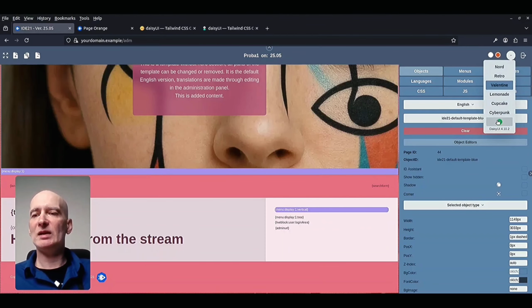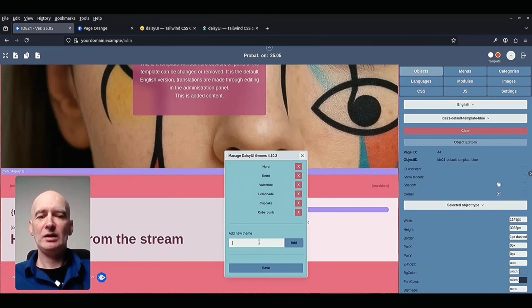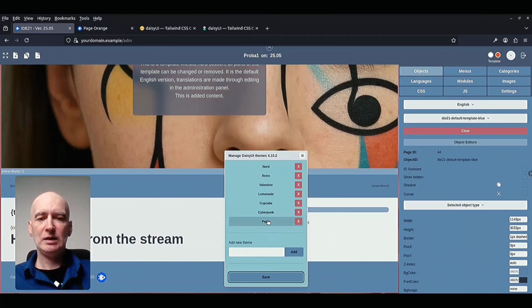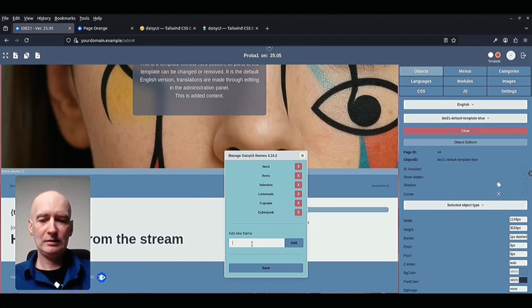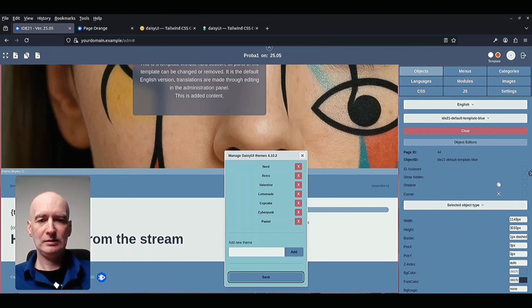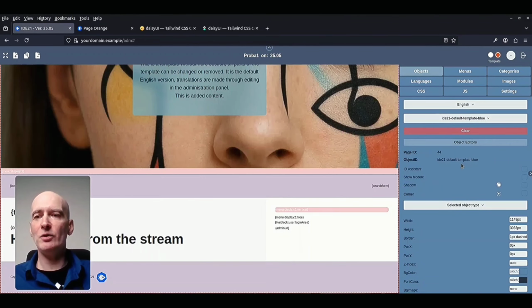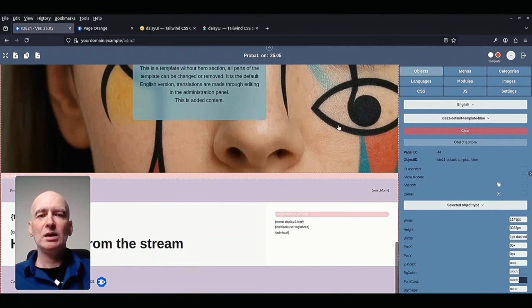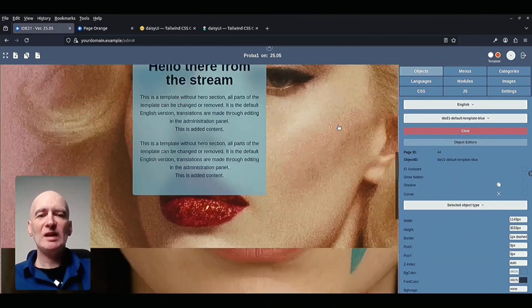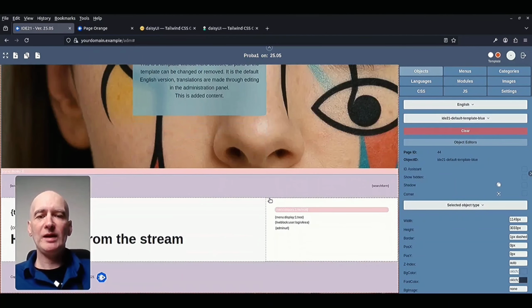We already did this, but let's add another theme. Let's add pastel, for example. Not paste, but pastel. And now you see that we have this Daisy UI theme available also. So this is okay so far.